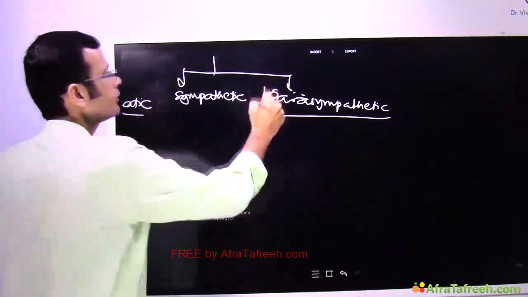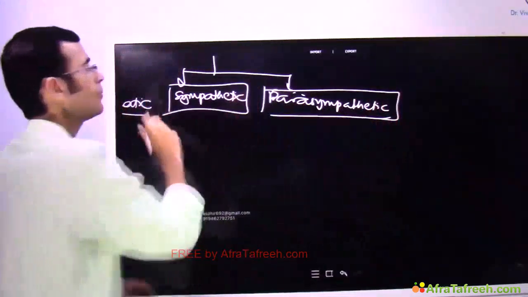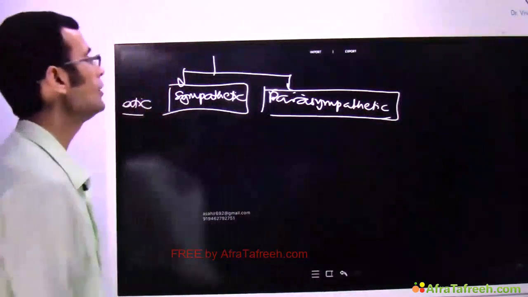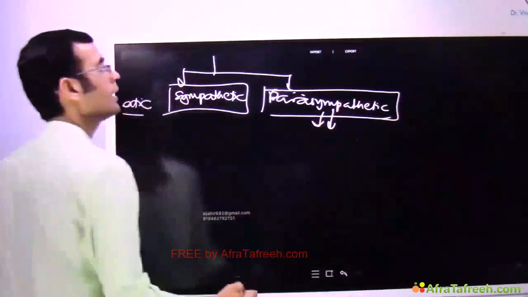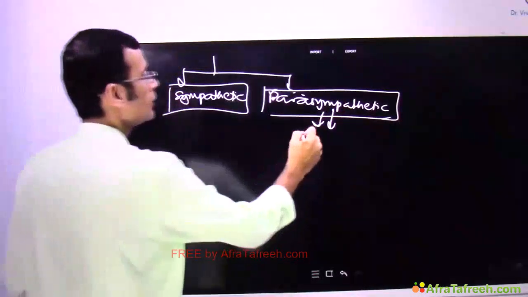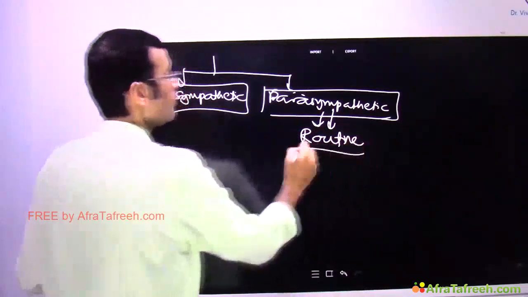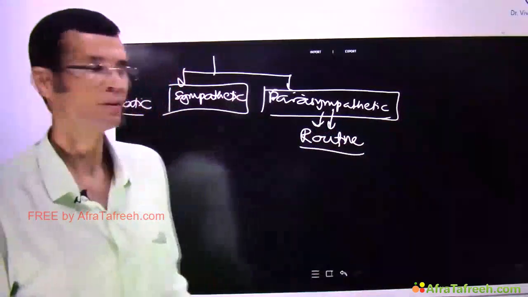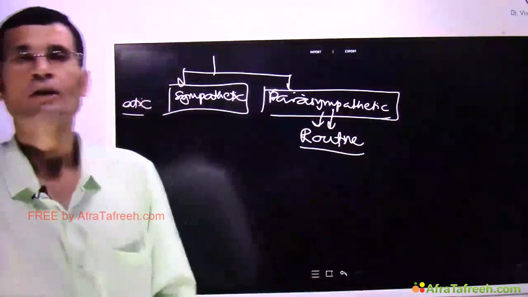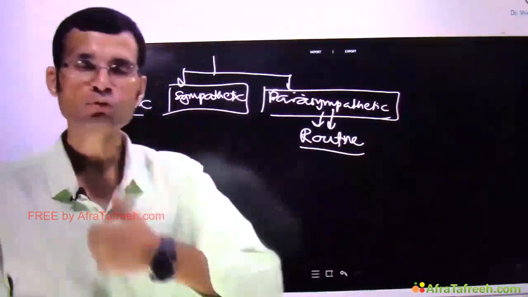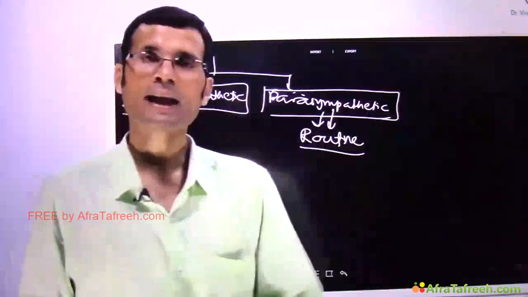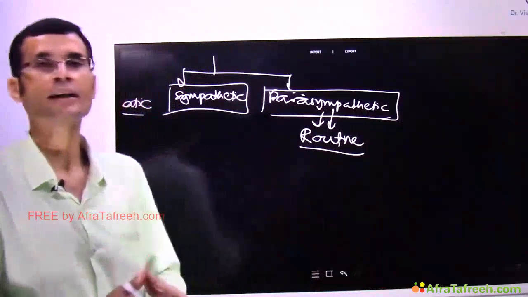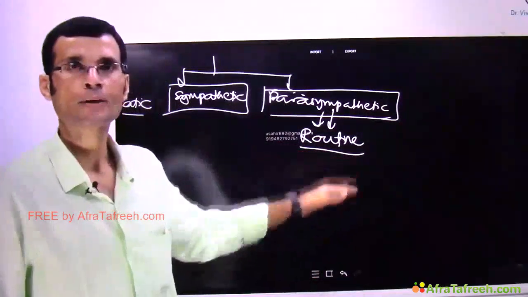But if we have to see the clear-cut demarcation in their functions, then the parasympathetic division mainly controls our routine functions of the body. Minute to minute, moment to moment, routine day-to-day life functions are controlled by the parasympathetic division. For example, we eat something and there are movements of the digestive tract and secretions by the glands, or our resting heart rate. When we are in the resting situation, resting heart rate is under parasympathetic control. It's a routine function.